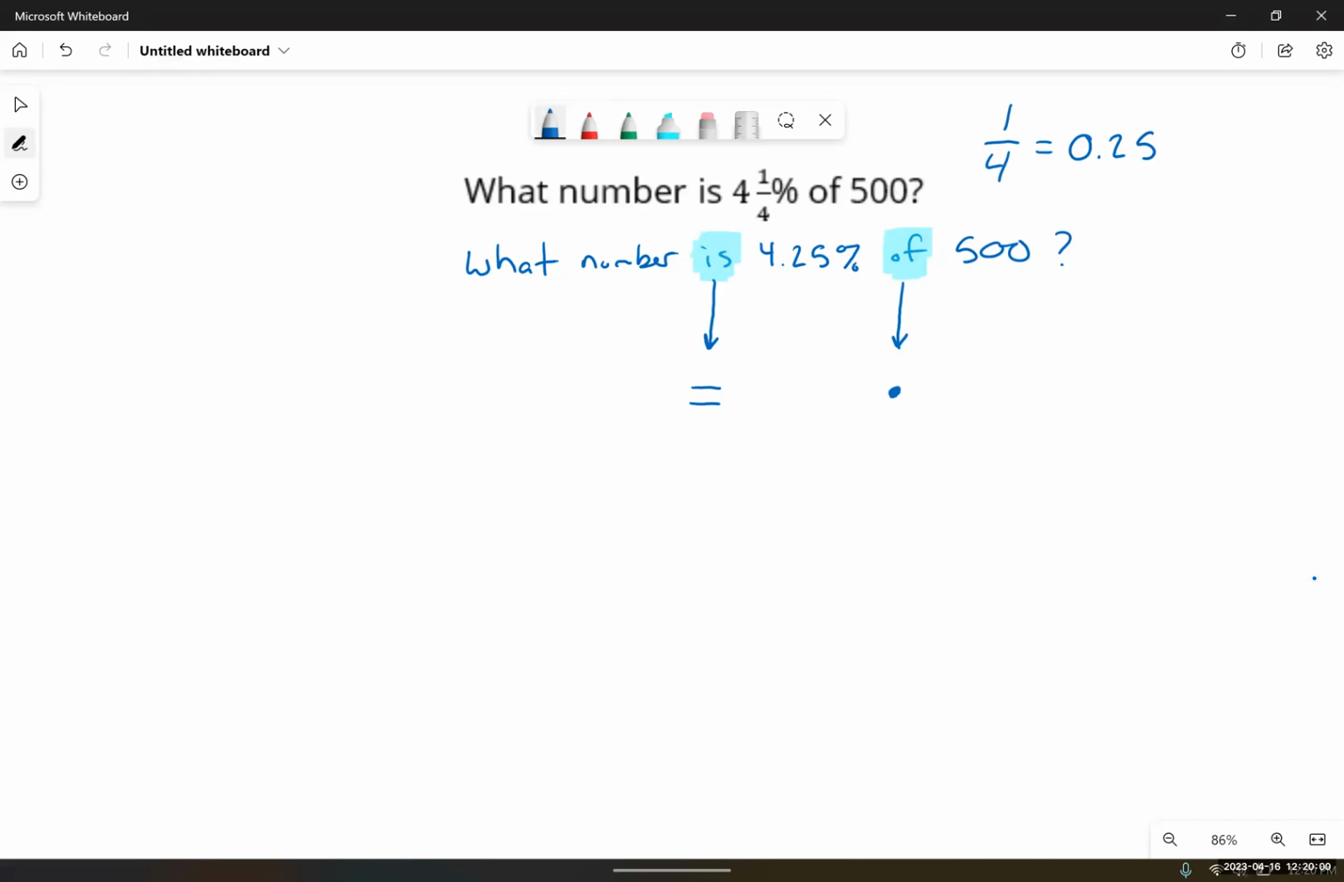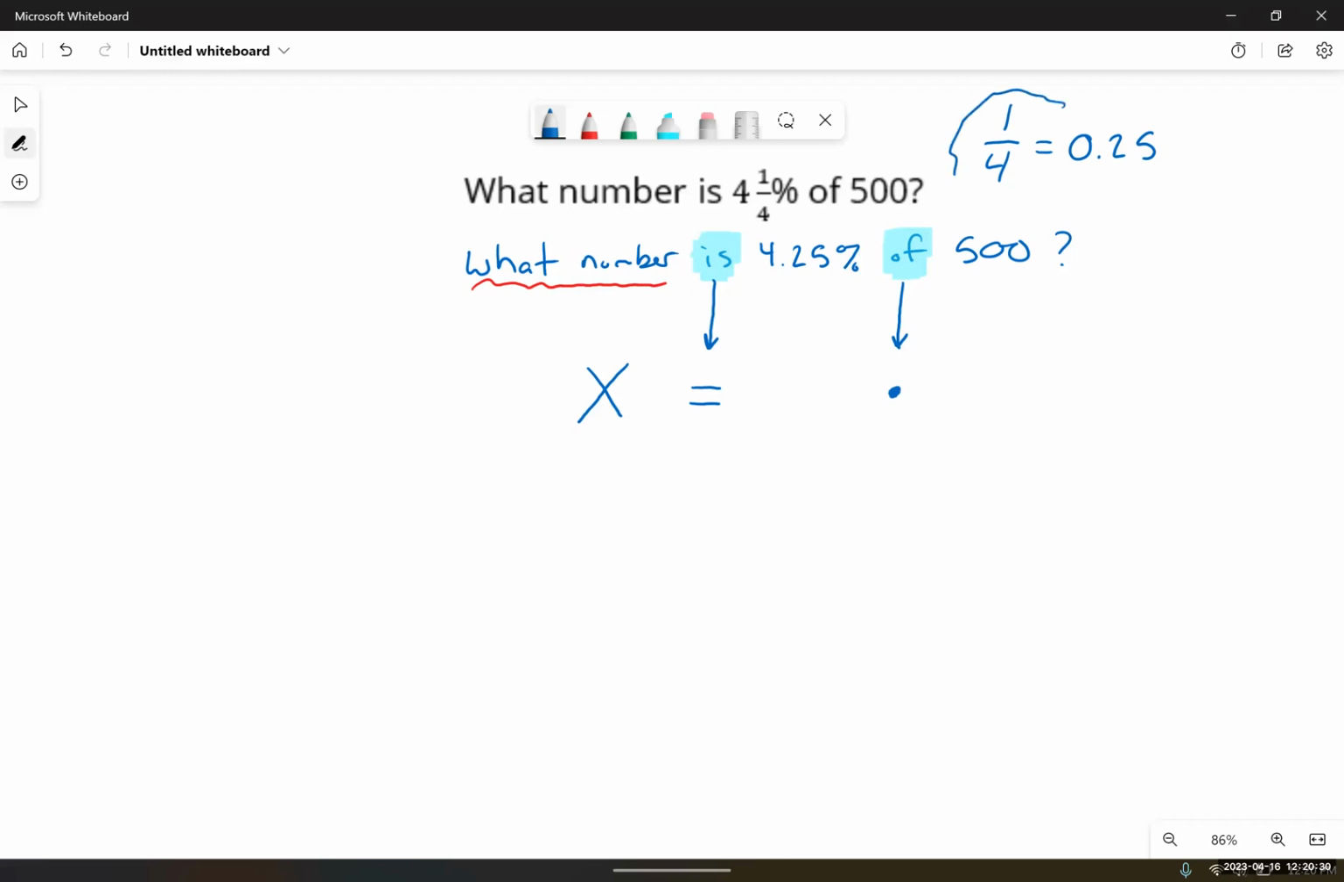So what number is 4.25% of 500? Well, what number? This is the unknown. We don't know what that number is, so we'll give it a symbol. I'll use X. You can use any symbol you want. X is the most common. A lot of times people would use an N for number. I'm going to stick with X. So what number is X equals